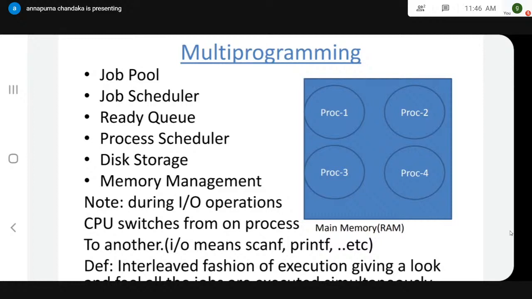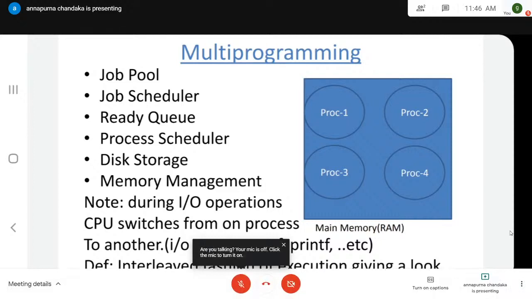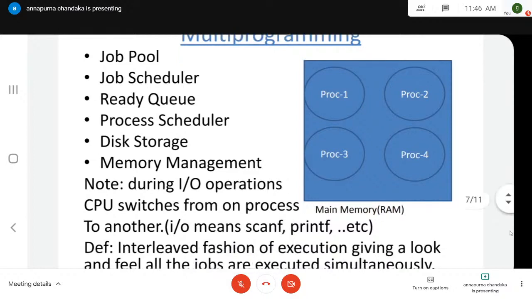And next, division. 10 by 2 is 5: 10 minus 2, 8 minus 2, 6 minus 2, 4 minus 2, 2 minus 2. Repeated subtraction is nothing but division. The CPU directly performs only addition. CPU doesn't know how to perform subtraction; it is done by using complementary notation. Multiplication is also defined in terms of addition. Division is defined in terms of subtraction. Subtraction is in terms of addition.